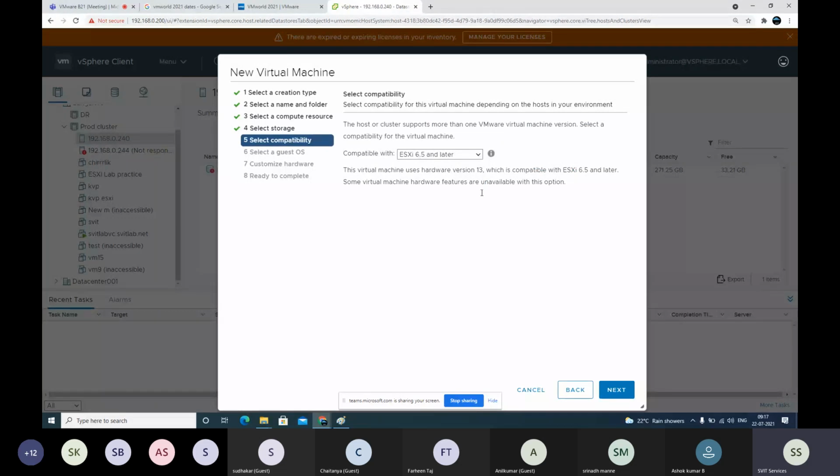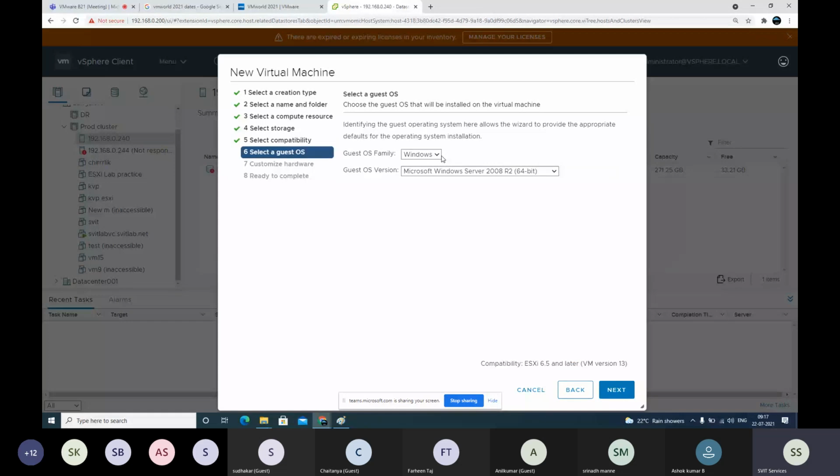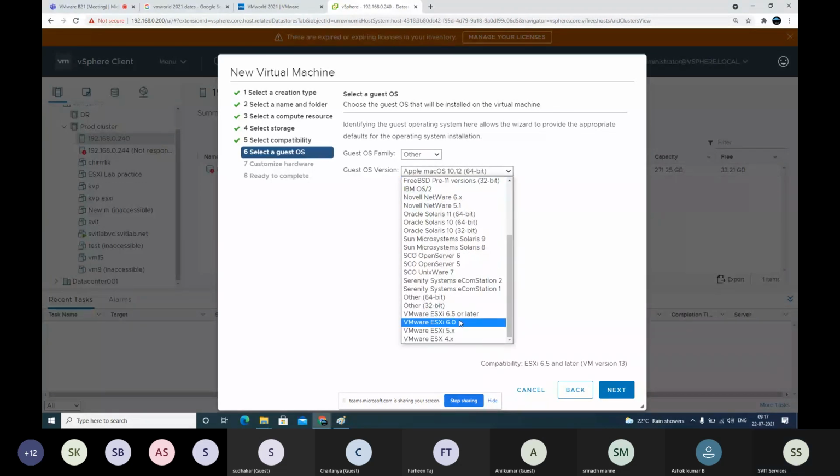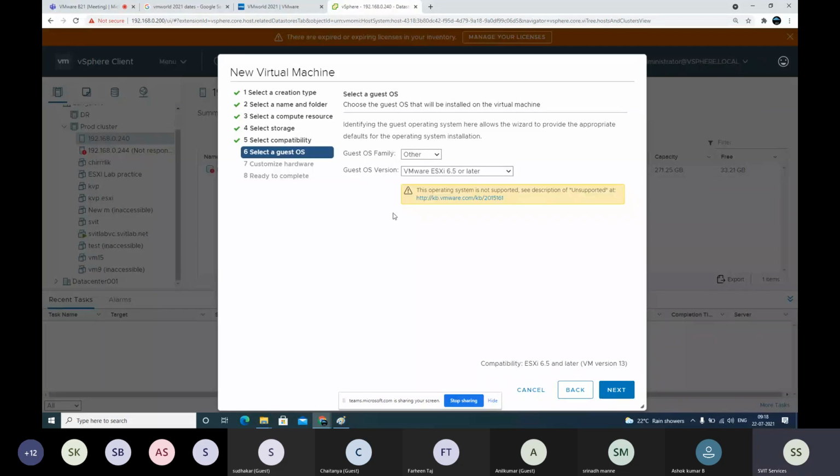This means it creates a VM with hardware version 13. Next. While selecting the operating system, you select other. And from the drop down, select ESXi, whichever version you want to install, 6.5 or later. We want to install 6.5. Next.